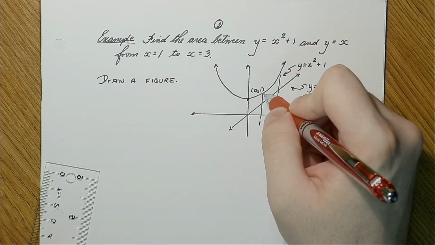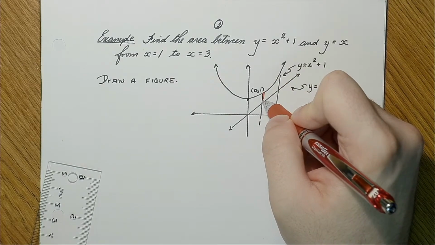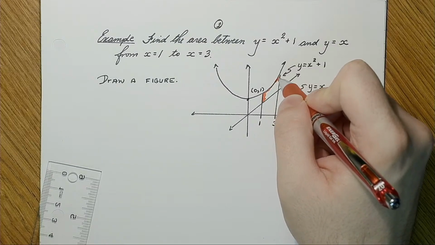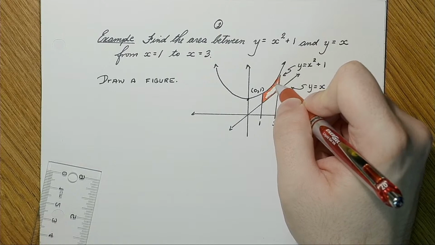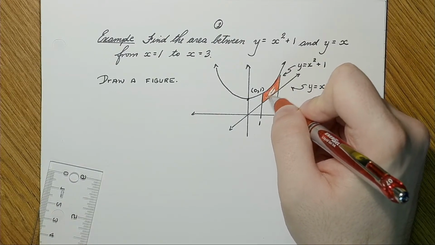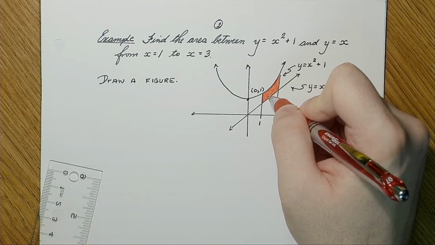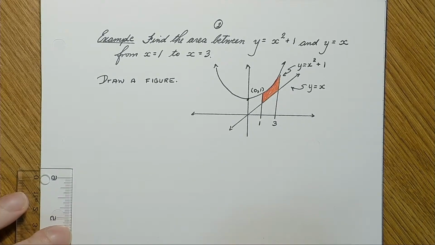So that area that's bounded between them, right in here. I can't think of a way to do this with elementary geometry that we've learned, or with a triangle. So what we can do is